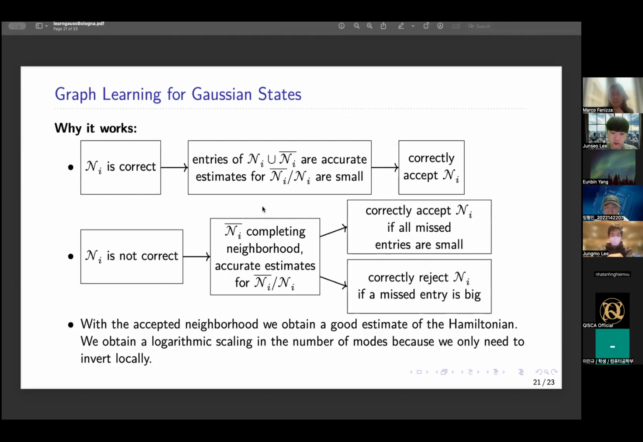And the reason why the algorithm works is that if the candidate neighborhood is correct, then the entries of the local inverse on an I union the adversarial neighborhood are accurate, and so the entries that are outside the candidate neighborhoods are small, and we will correctly accept an I. While if an I is not correct, then